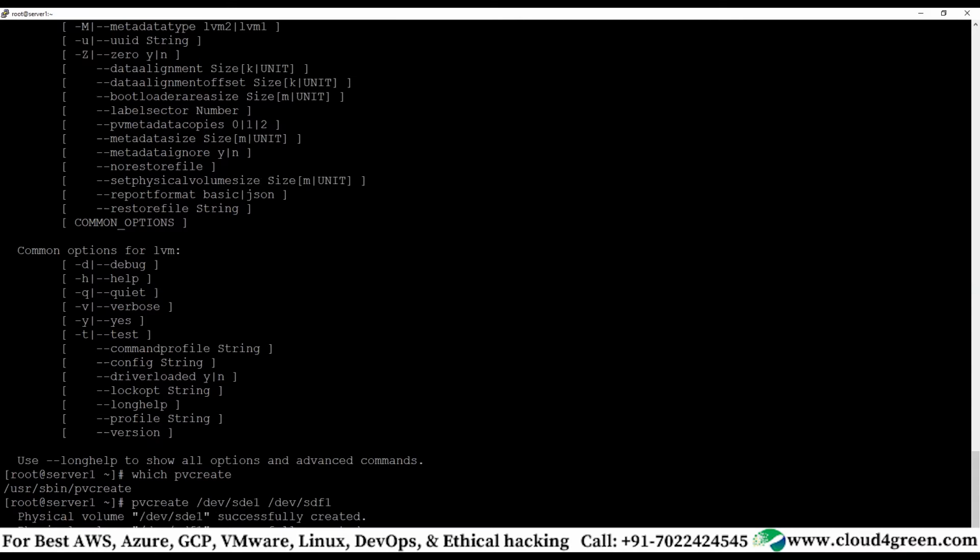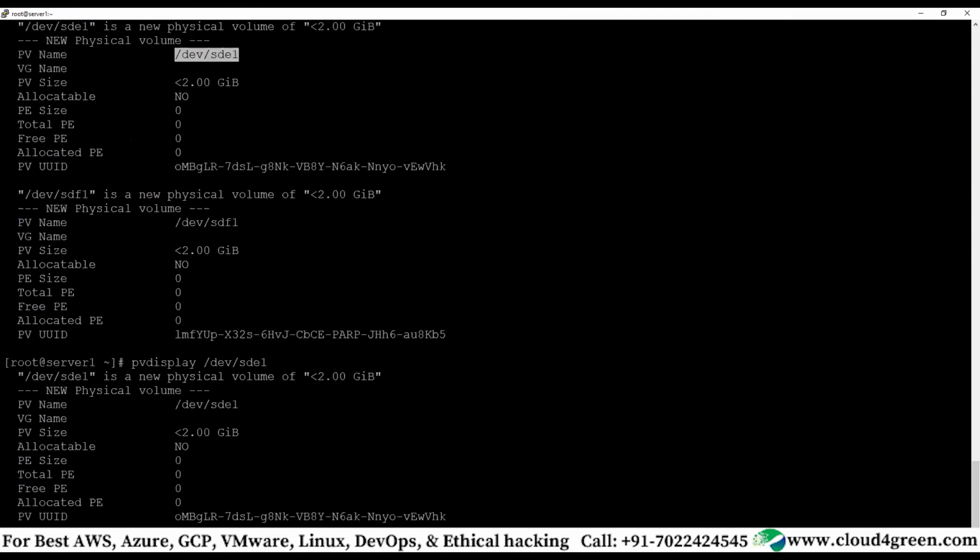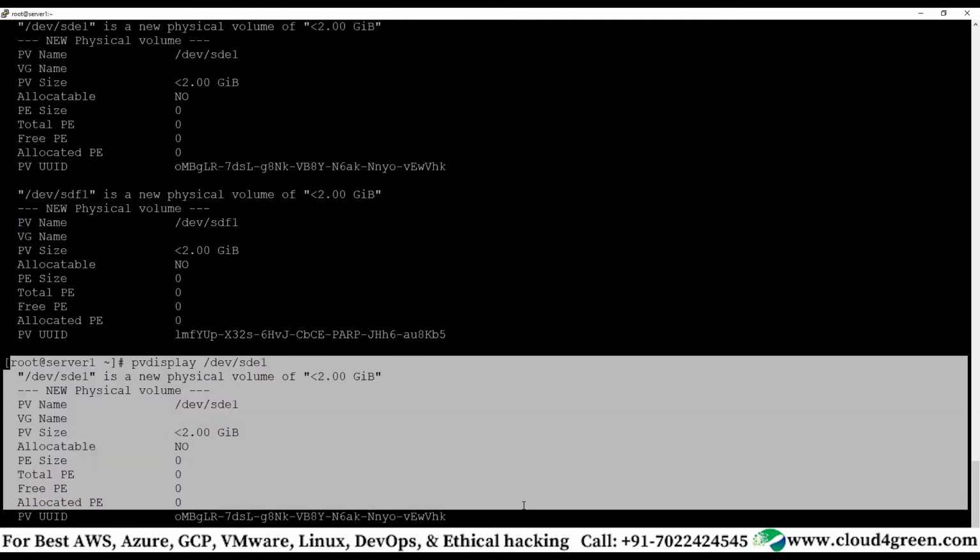Clear? Now you use the pvdisplay command to list the physical volumes. Now please pay attention here. Okay, either use pvdisplay or, if you want to individually see a device, you can give the parameters. Only that device will be displayed. Otherwise, all physical volumes in your system will be displayed. Clear?